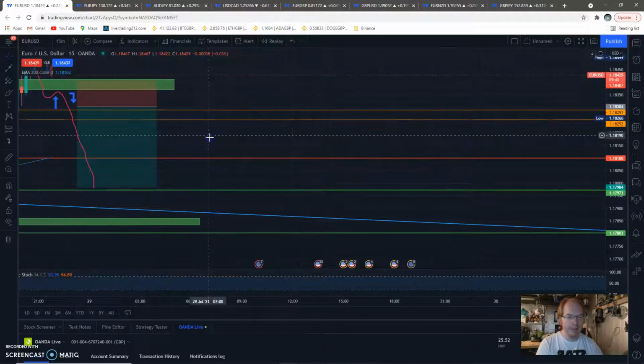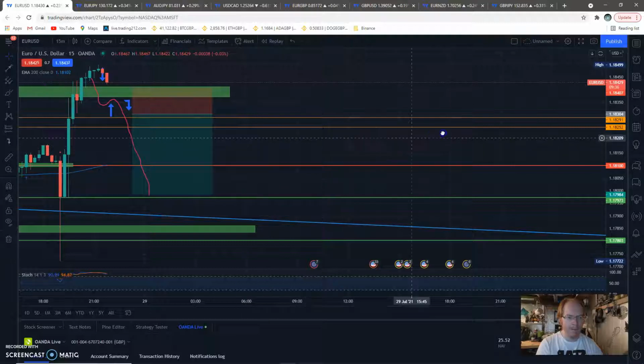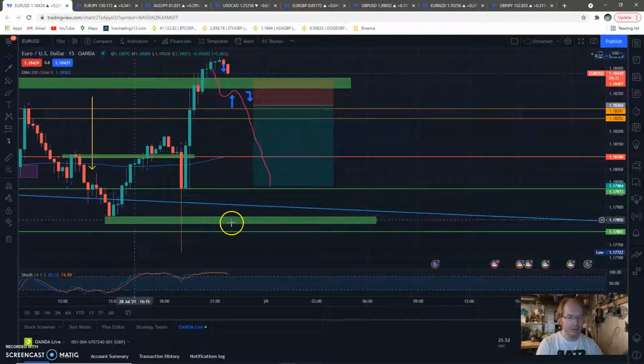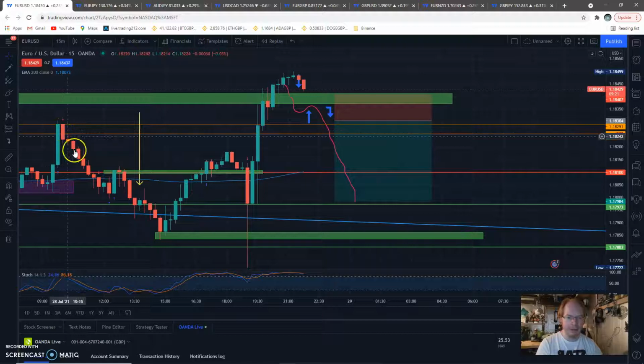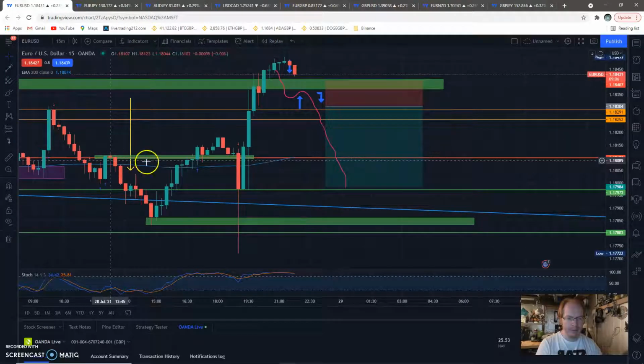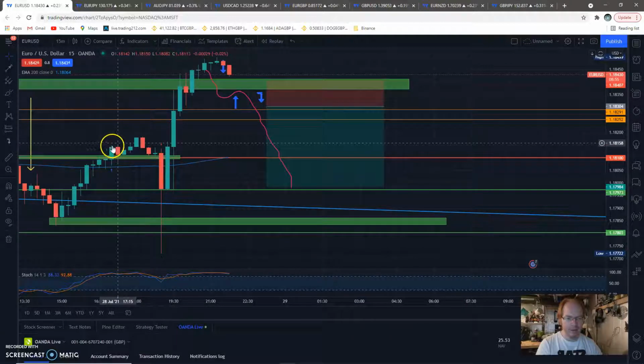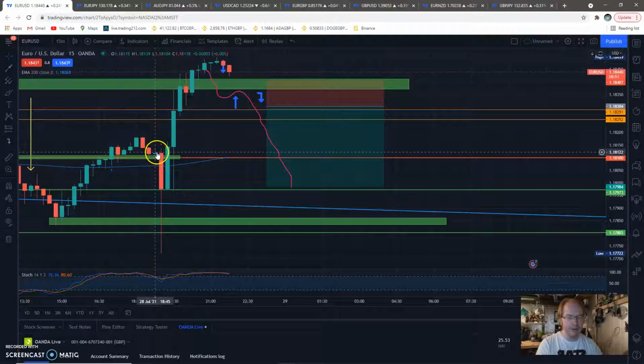So, as you can see here, we've marked out a major support at the bottom here, green, and major resistance at the top. But as you can see, the Euro US dollar continues to come down, so either the euro is weakening or the dollar is strengthening. I suspect the dollar is weakening. But anyway, it came down here, bounced, broke through this mini level of support resistance there, did a bounce, went up, bounced, so from that point it was either going to spike up, or as it was, had a big dip down,